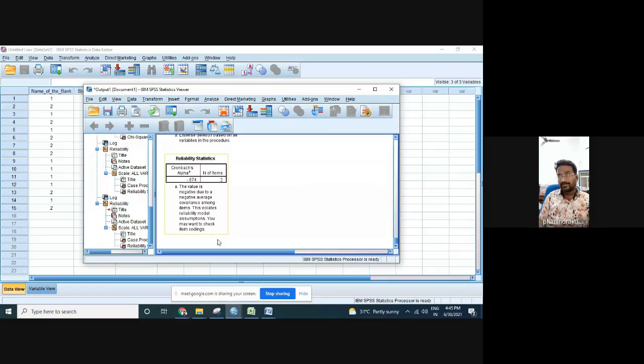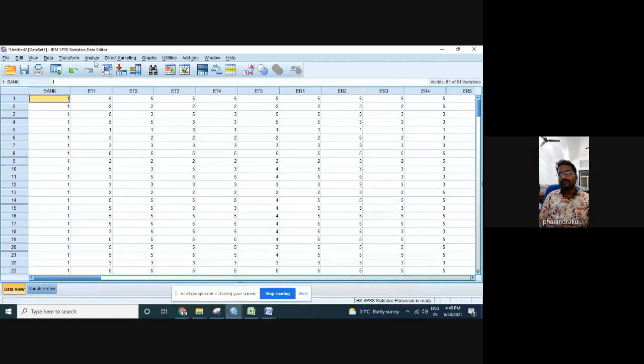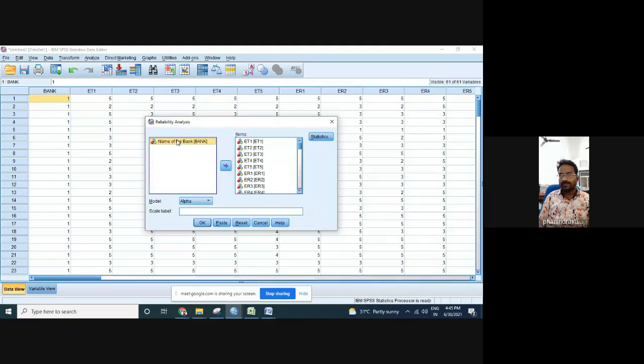For all the variables, see here in this table also I have exempted the name of the bank, because there are choices of only 1 and 2, and these belong to a separate scale, and that belongs to a separate scale. Basing on the similarities of the scale, whatever data is there, you can make it one category, and also test the reliability, whether we are applying appropriate data or not. Then that shows you whether your data is accurate or not.